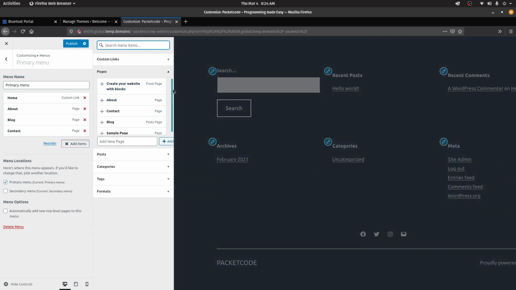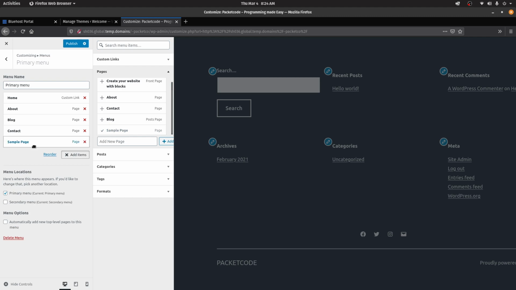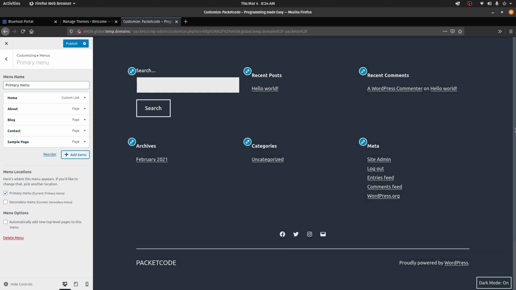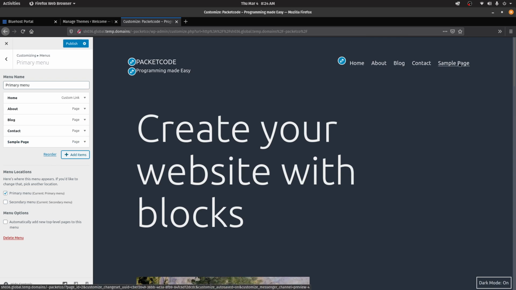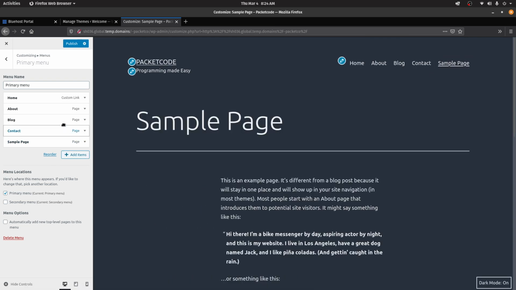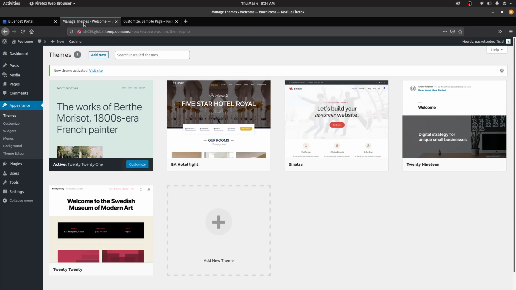And from here, what you can do is select the available pages. So in my pages library, I also have a page called sample page. So I'll click on this and that will be added to my menu. And if I close this off, as you can see here, we also have another page called sample page. So to actually edit and add items to the menu, you also need to have pages already ready so that